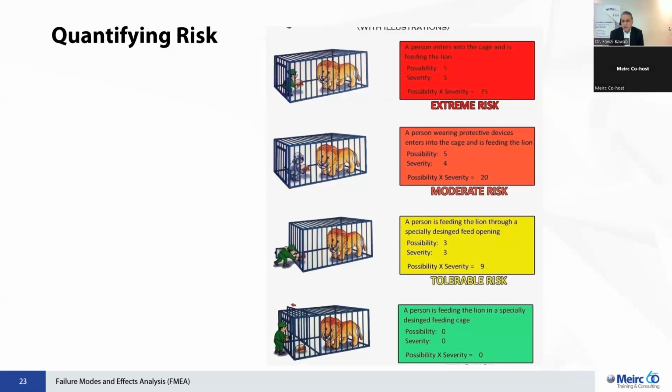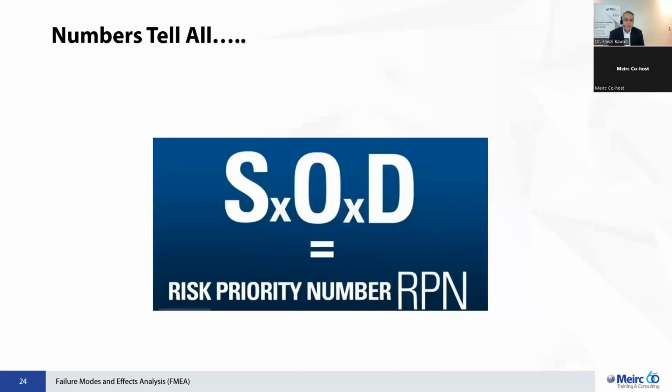And then if you see the green one, you can see here that we might eliminate the whole risk. The possibility of reaching the person is minimal. That's why it's 0, and then the severity is 0. So this is where we take the approach where we quantify the risk by looking at the numbers. And this is where the RPN, which is the way that we do the FMEA calculation of risk, comes in, and we assess the 3 elements, which are severity, occurrence (probability), and then detection.